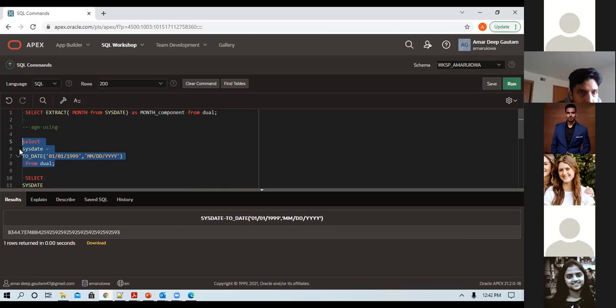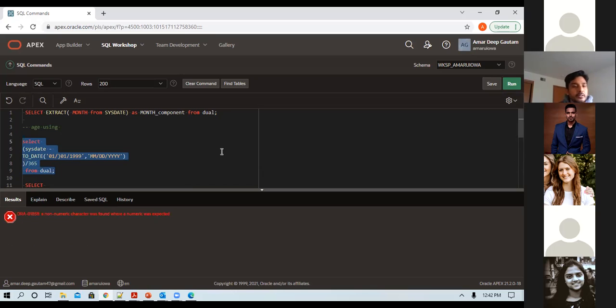So this becomes your number of days. I don't know about the extract function, but I'm thinking it can be done using this. But if it's there, I have to check that. I'll take that as a question and come back on this. Okay. Thank you.